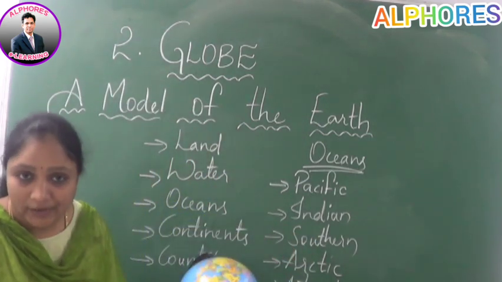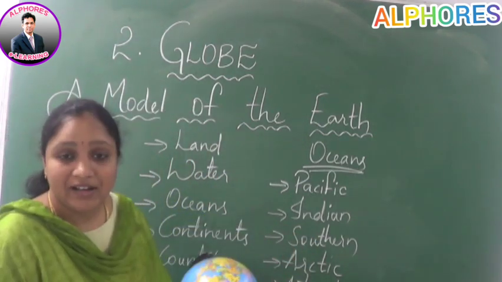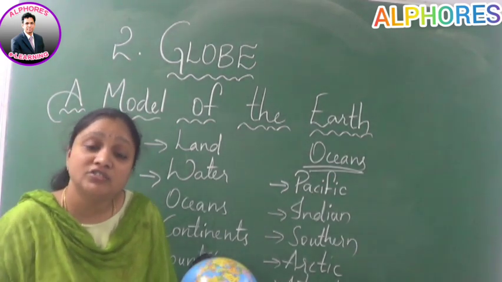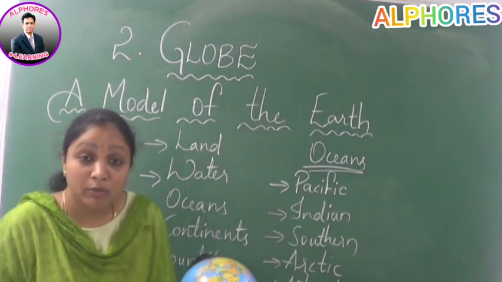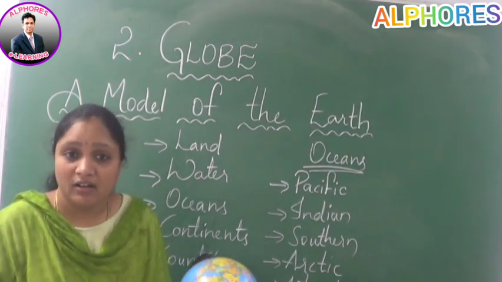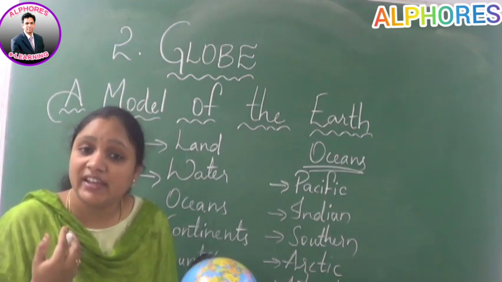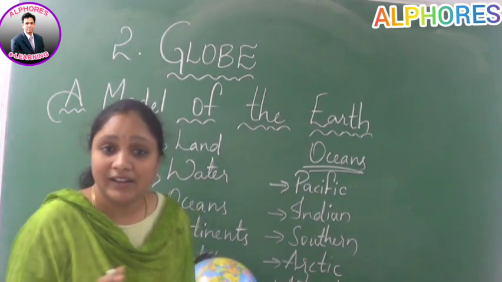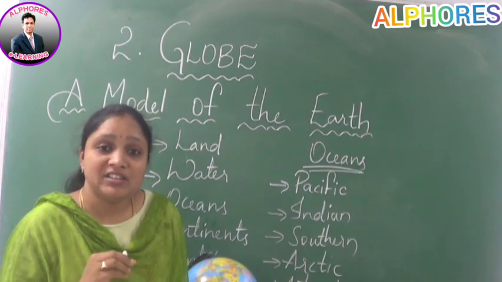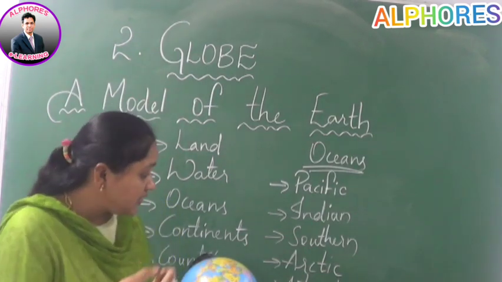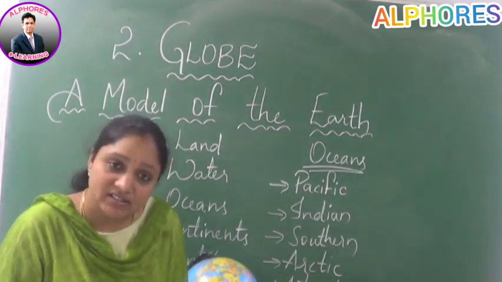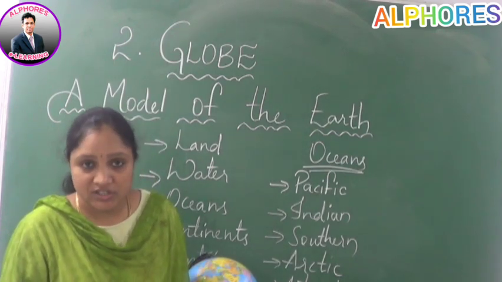the Antarctic Ocean. And you know children, in the Antarctic Ocean it's very difficult to live, okay, because of its cold area, the frozen area, we cannot live in the Antarctic Ocean. So the population we cannot expect. Most of the research stations have been fixed in this Antarctic Ocean.